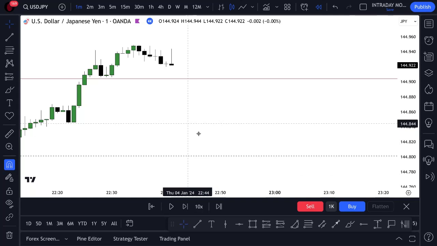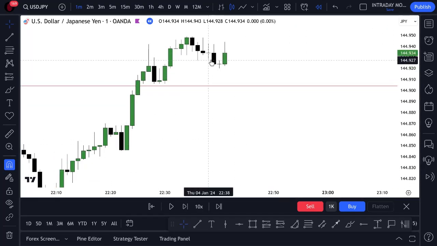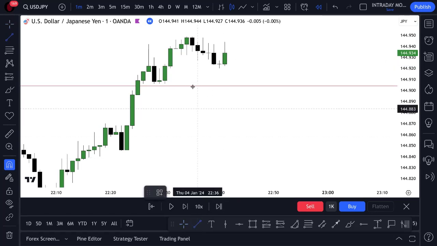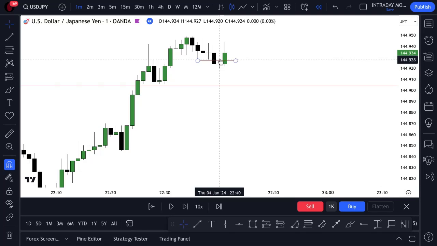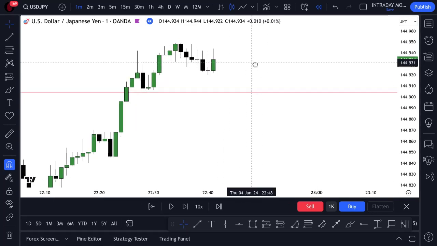Now here in this example, when I was telling the channel, this looked like one at first, but the reason I did not consider this one is because this fair value gap, the high of this candle that ends the fair value gap, lines up exactly with that swing low. I want that swing low to have a fair value gap that's completely going through it. I don't want the levels to be lined up. So this is not one I would have taken because I know there might be a question about that. But as we keep playing it through,